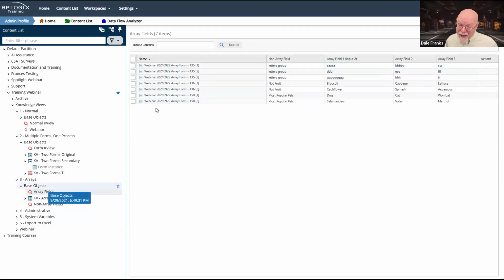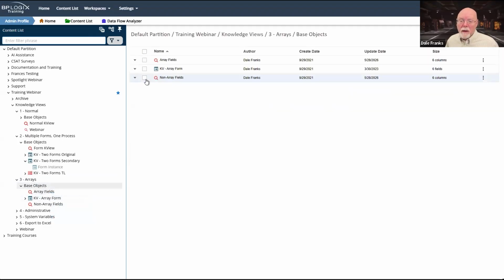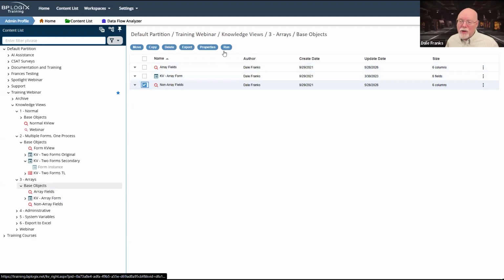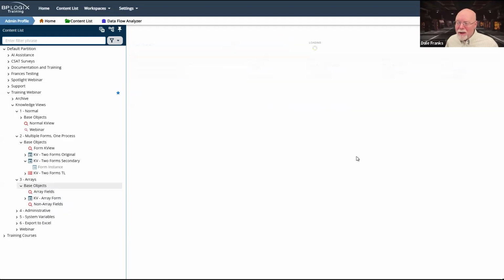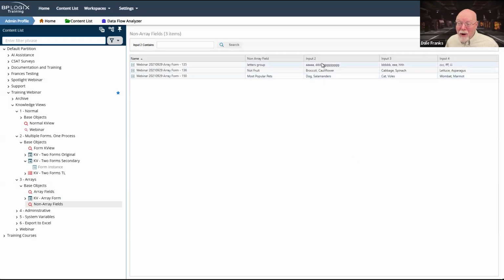Or maybe, which I'm not sure is optimal, maybe you don't mind showing your end users this, where they get 1 row per form instance and they get to see the data in the array. I'm not sure what the best choice is.